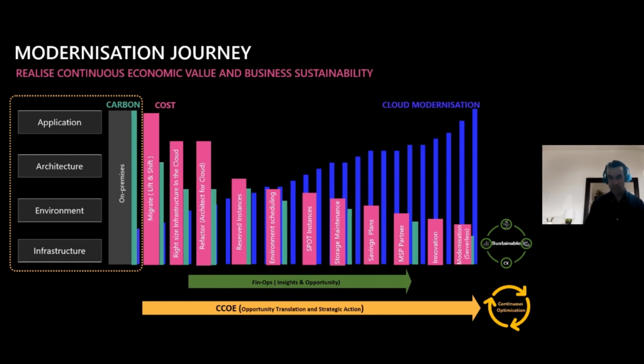There are agility options, and everything is cost optimized, and actually their carbon footprint's also moving in the right direction as well. As you move further and further to the right here, you can see we start to get into the world of what we call modernization, and we've just put in brackets serverless technologies. So Rico, do you want to just touch on what we mean by serverless technologies and microservices and bring that